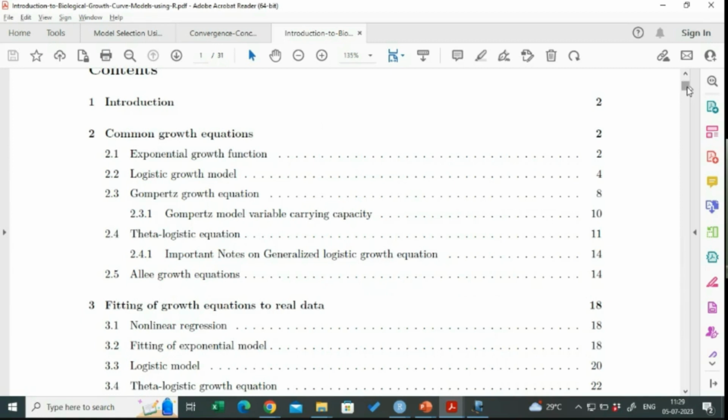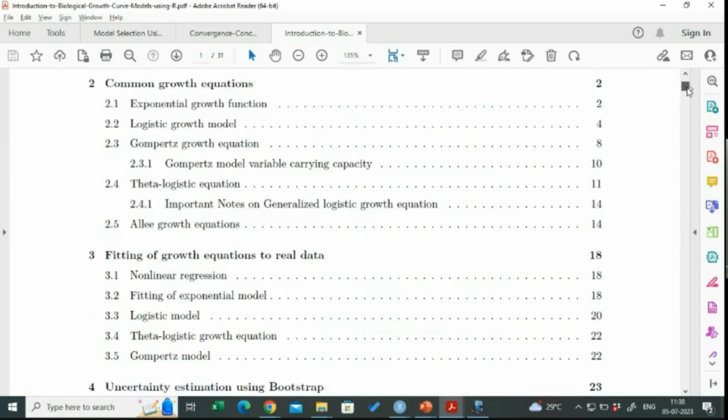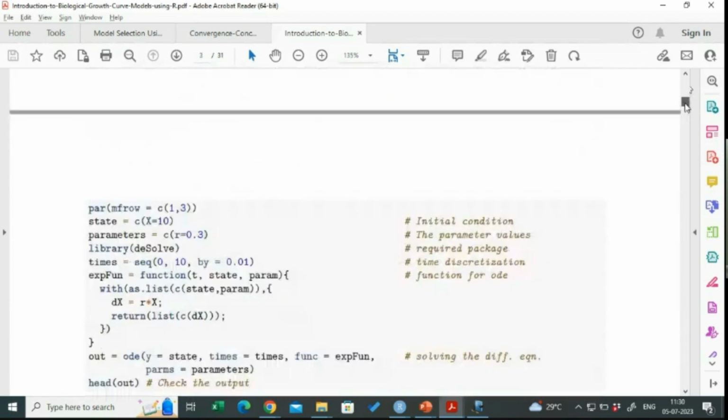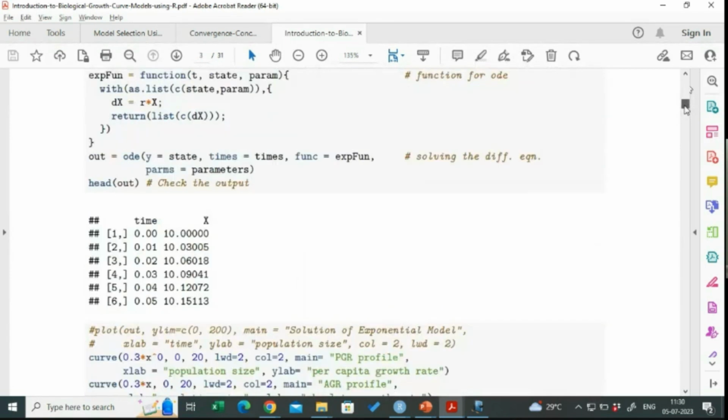Unless we calibrate or estimate those models in the light of data and perform multiple comparisons, it is difficult to make them useful for real-life case studies. So this is the fitting of these equations. Then I'll also talk about uncertainty quantification. So see that this is the document which is getting created,